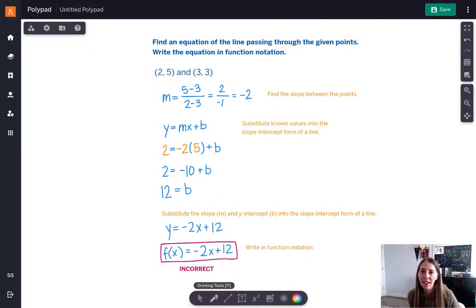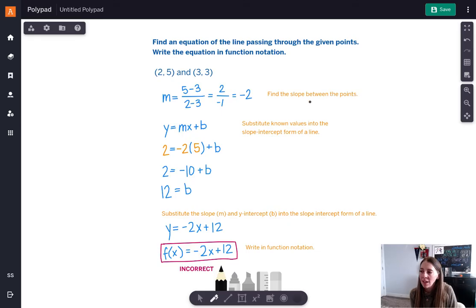So let's check to see if you found the mistake in this work. You were asked, or the student was asked, to find the equation of the line that's passing through the given points. And then they were told to write that equation in function notation. So they were given 2 points, (2, 5) and (3, 3), and their first step was to find the slope